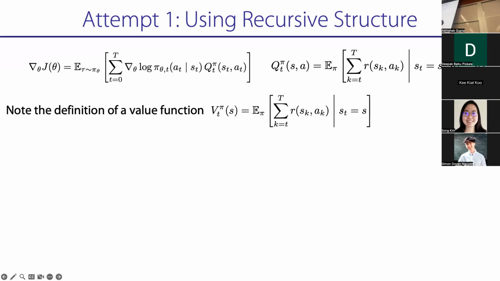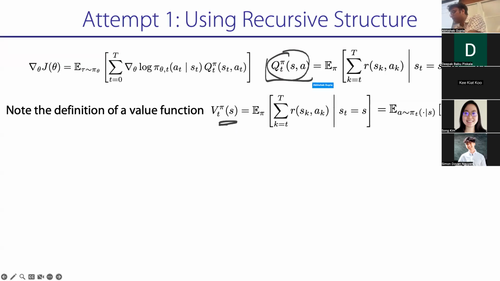Can you remind me, how do you connect the value function and the Q function? Q function's up there, value function's here. How do you connect them? The value is the average of the Q function over actions. That's right. The value is the expected Q function under the policy, right? So you can think of this as the Q function takes one action A and then follows the policy. The value function always takes actions from pi.